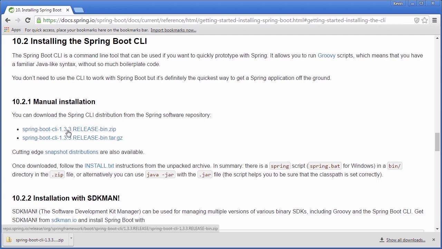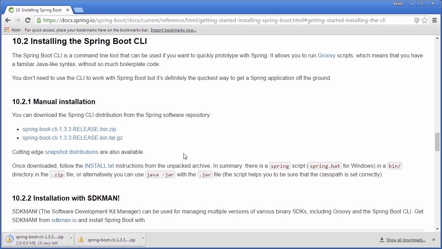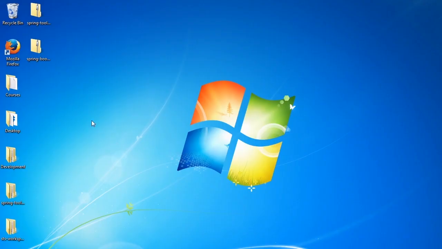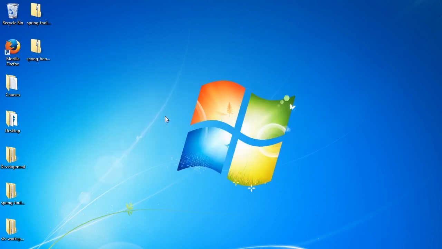Spring Boot CLI. And all you need to do is click on that zip and it will prompt you to download it. So I'm going to go ahead and save the Spring Boot CLI zip distribution. And then once it is done downloading, I'm going to navigate to my desktop where I have stored the software. At this point, we simply extract the software to our desktop, and now we need to put the software onto